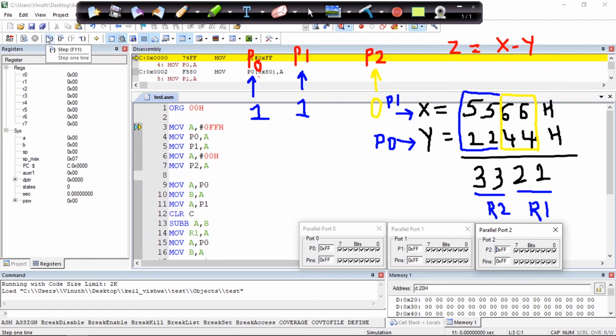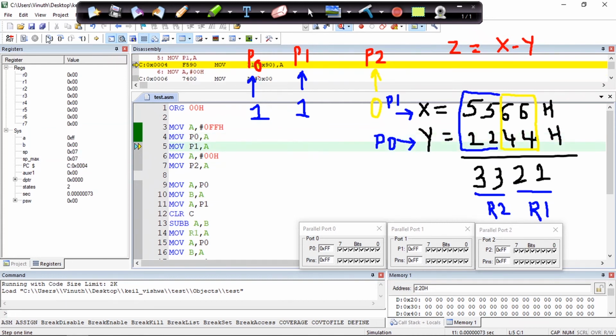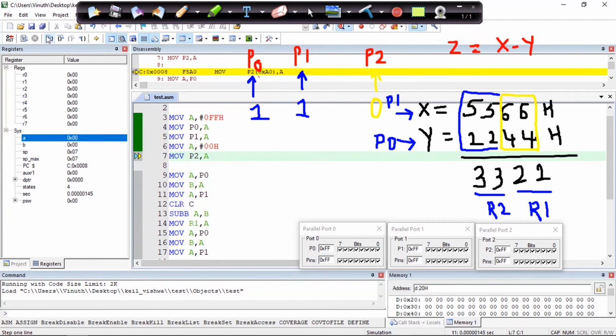Now I'll make sure that I load A with FF hexa. A has been loaded with FF. Now I'll make sure that P0 is being loaded with that, and then P1 is being loaded with that. So now we have made our port 0 and then port 1 as our input ports. So I'll load my A with 00 hexa.